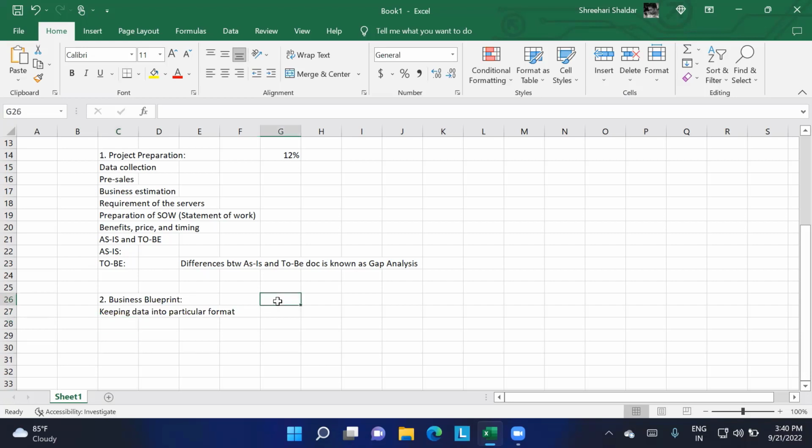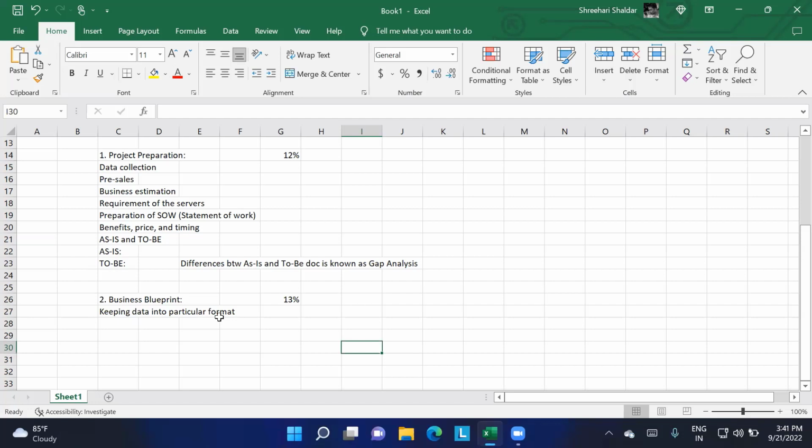And one more thing, this phase covers around 13% of the entire activity. Whatever information was collected in the first phase, they are going to document in a systematic order, we can say in step-by-step processes. And we're going to make those documents in a diagrammatic as well as a design way.